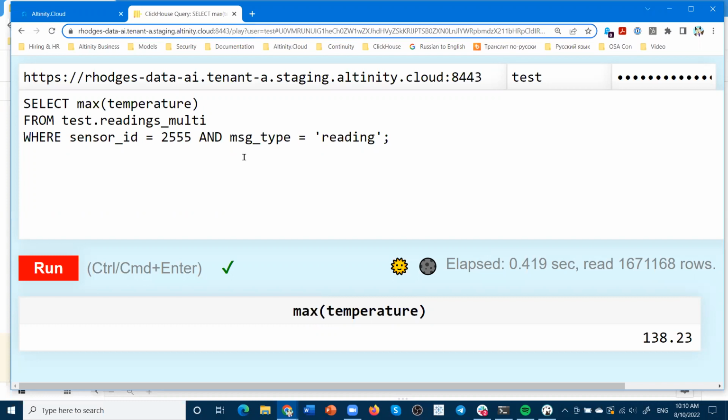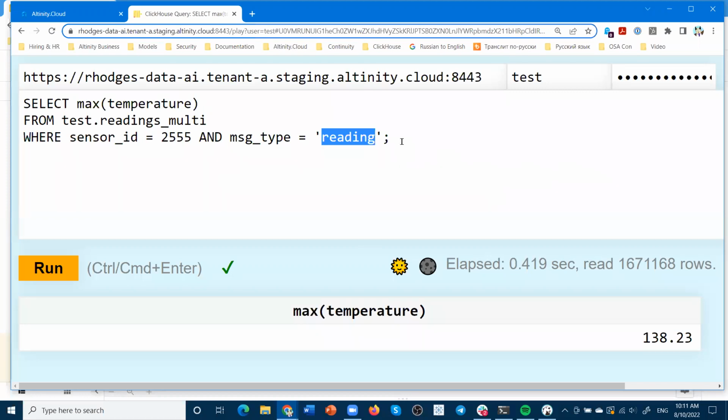This scanned all the data for that particular sensor ID within the trillion rows or so. It was able to locate the relevant rows. There are different types of messages associated with these readings. This one is called reading, and it means temperature. And it got this back in 0.4 of a second.